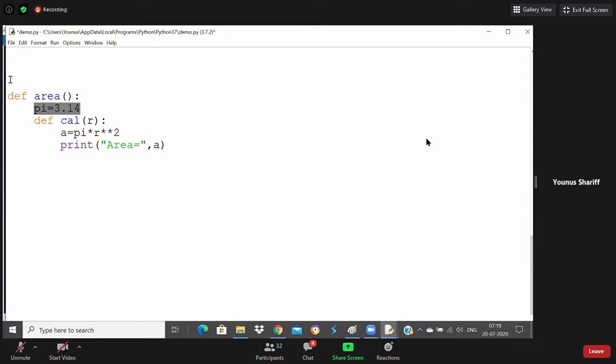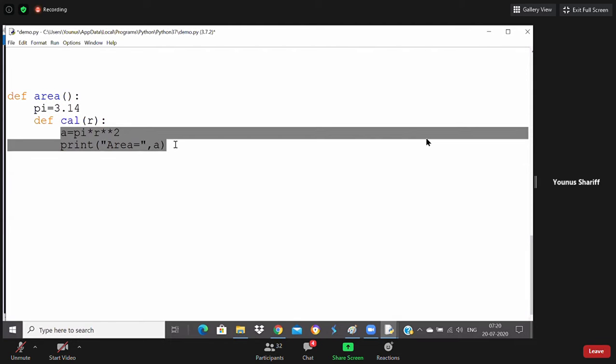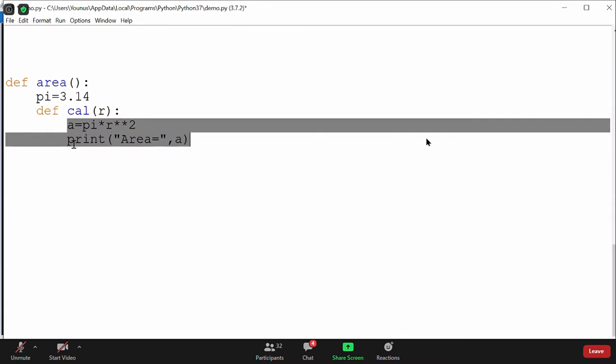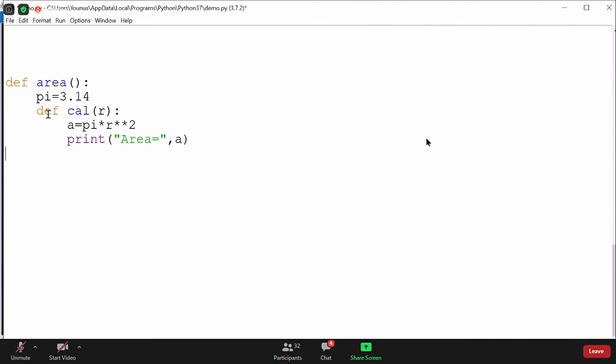But generally we have a risk with a global scope because anybody can access and change the value. So for a little bit of security, for that reason we can declare a variable inside the function, and it can be used by the inner functions or the nested function. So it will be secured. So we are trying to achieve some security here now. But one problem is, can you tell me how to